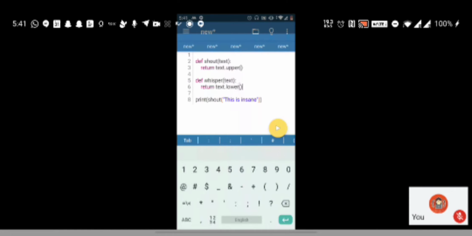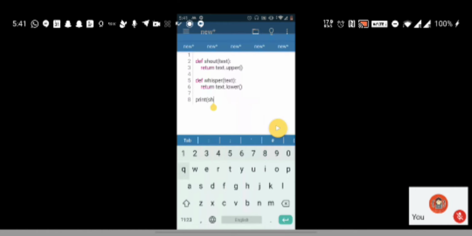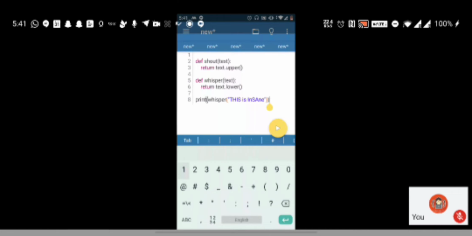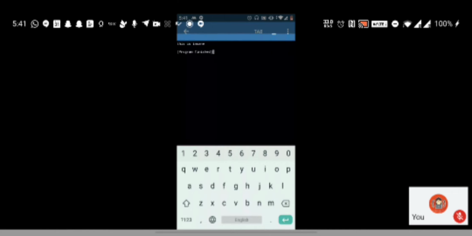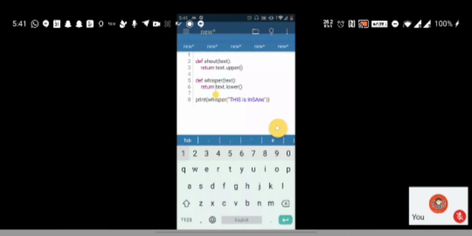If I call this and pass some random characters like this, and run it, it says 'this is insane' in small characters. So dot upper is basically going to convert all the characters of the text into capitals.